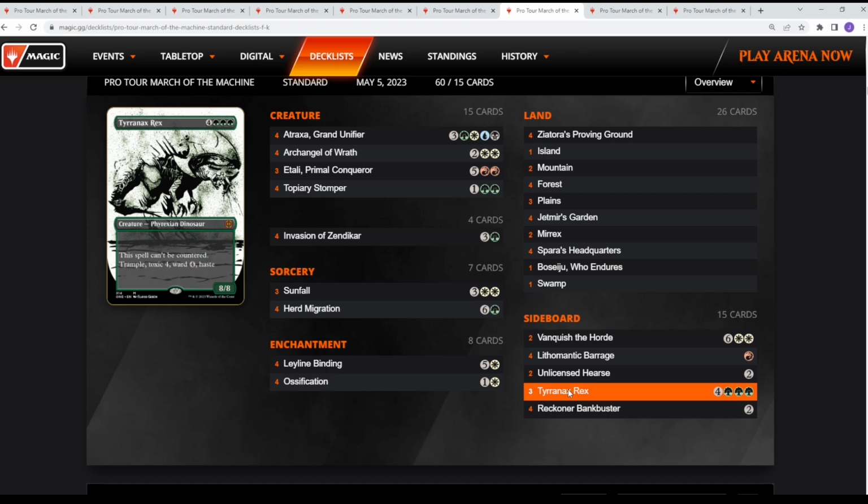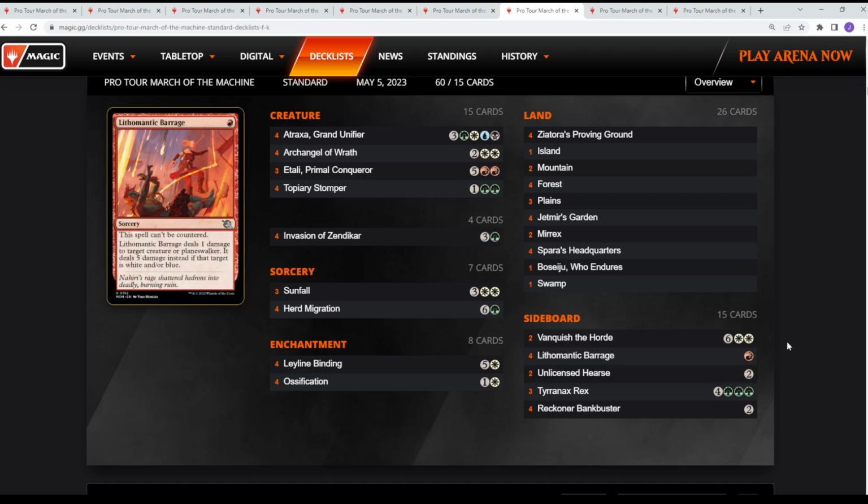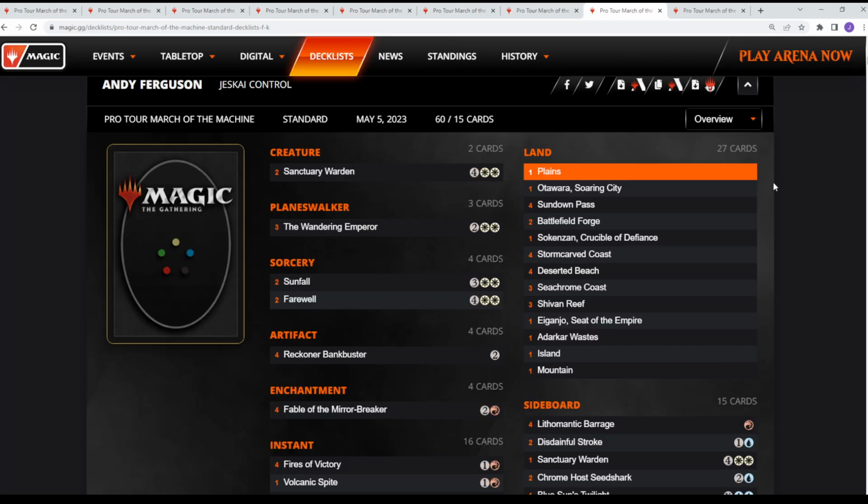counter-based matchups. So if you think against this deck, folks are going to bring in a lot of Disdainful Strokes, they'll bring in a lot of targeted removal. This plays pretty nice against both those avenues. Reckoner Bankbuster in the side for the grindier matchups, and then just sweepers, graveyard hate, stuff like that. We then move